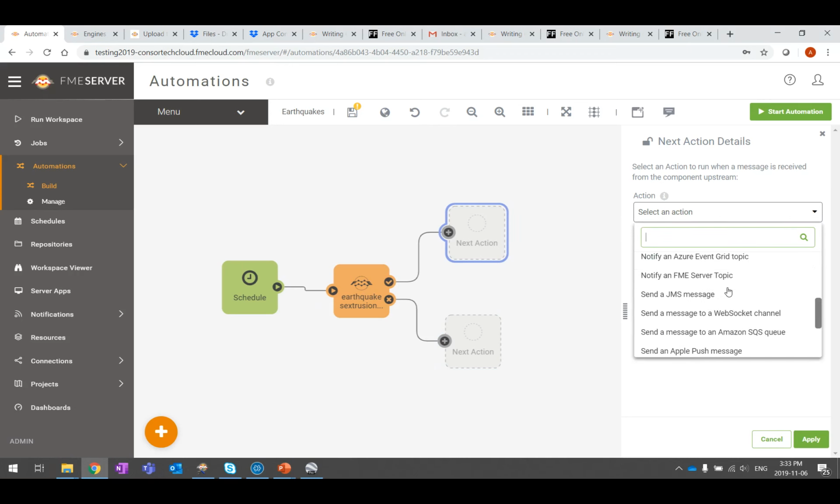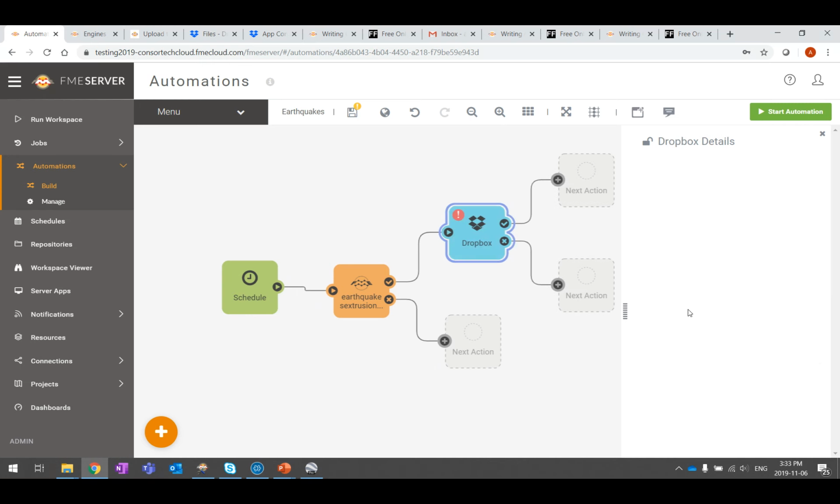We're going to select our action, which will be to upload to Dropbox. So we've got a new little destination action there. You'll notice that in the parameters of the Dropbox, the first thing we need is an access token. That's a special thing we need to get from Dropbox, but it's not that complicated. If you have a Dropbox account,